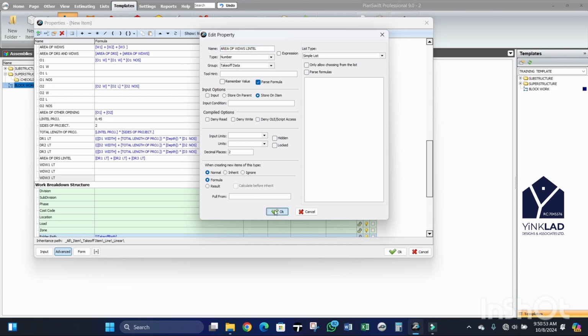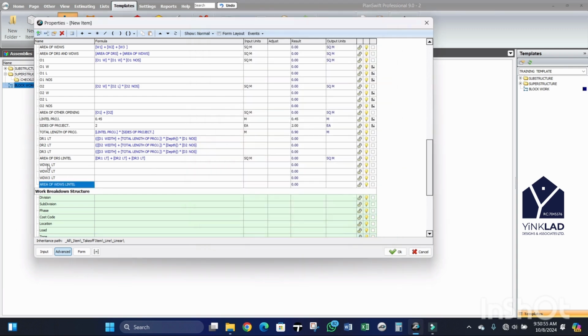That will be window 1 lintel plus window 2 lintel plus window 3 lintel. So that will be in square